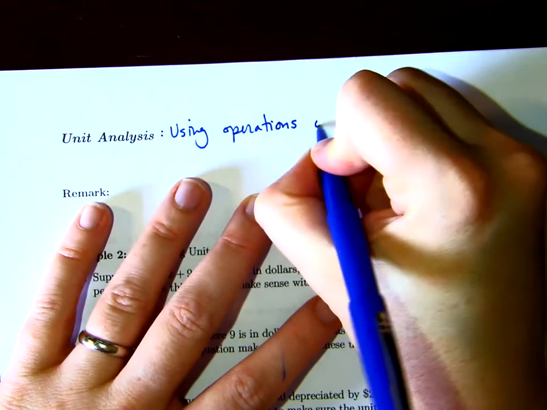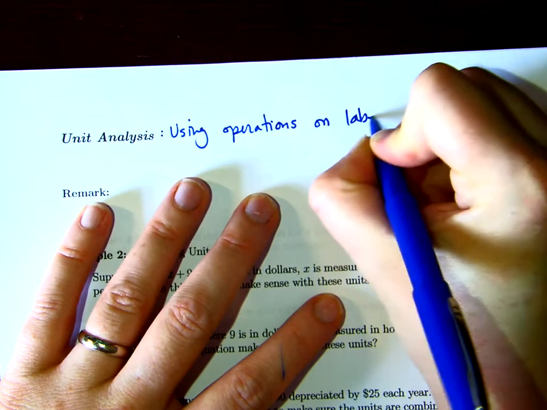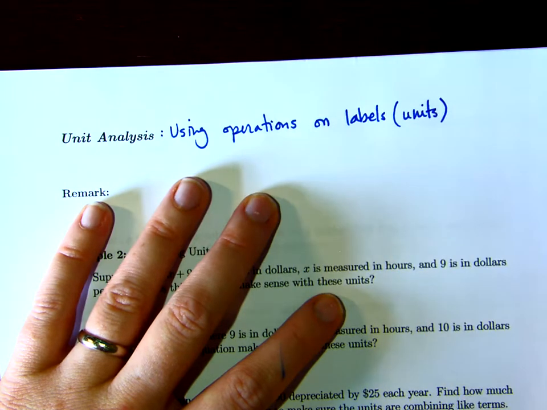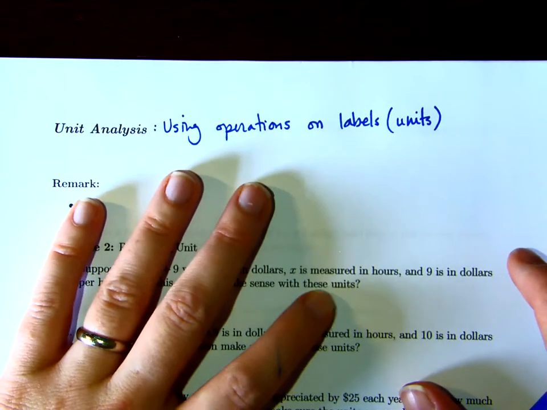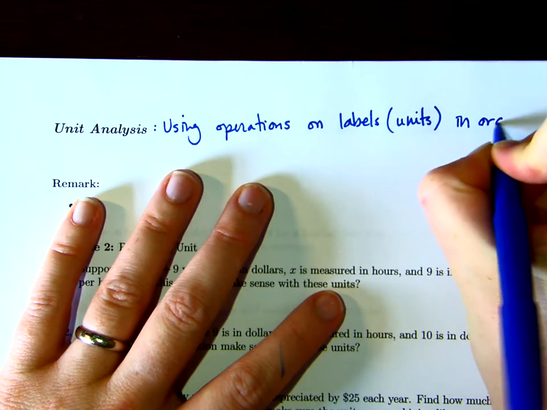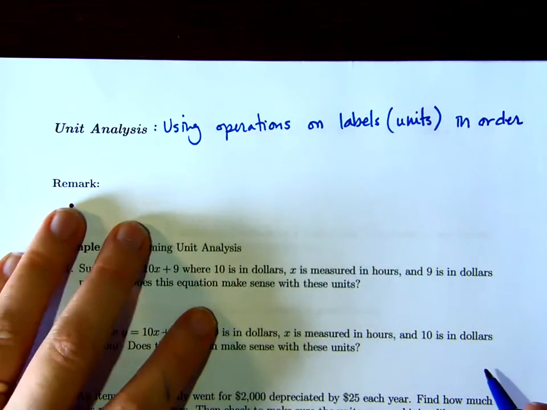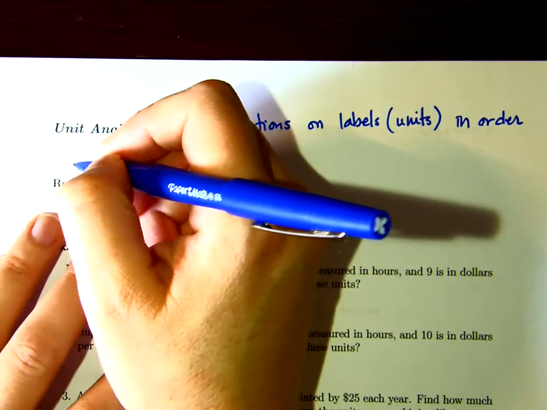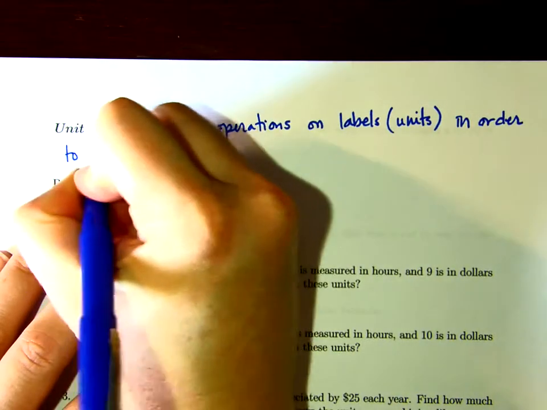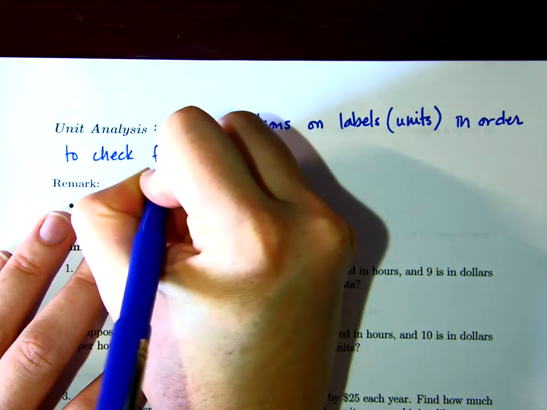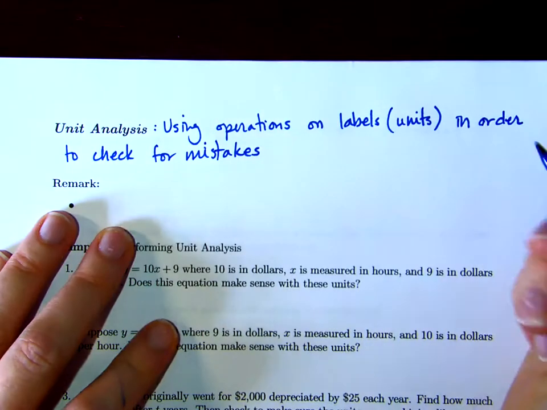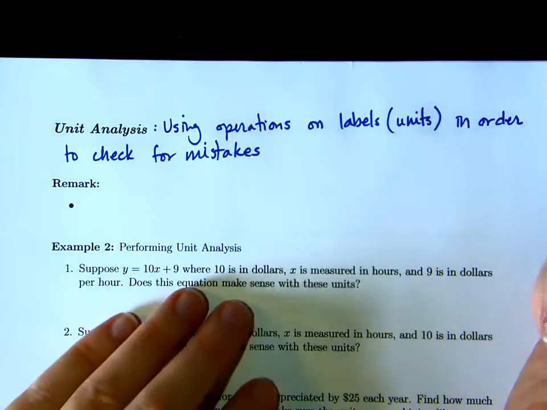Using operations on labels, also known as units, hence the name unit analysis. In order to check for mistakes in an equation,